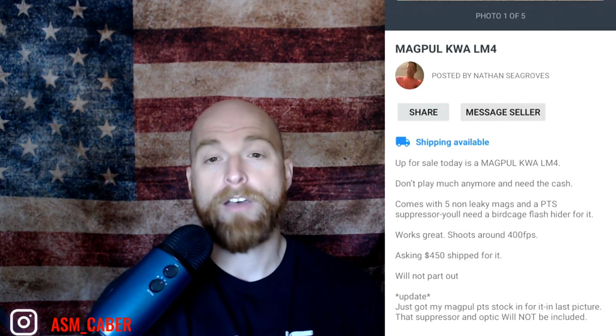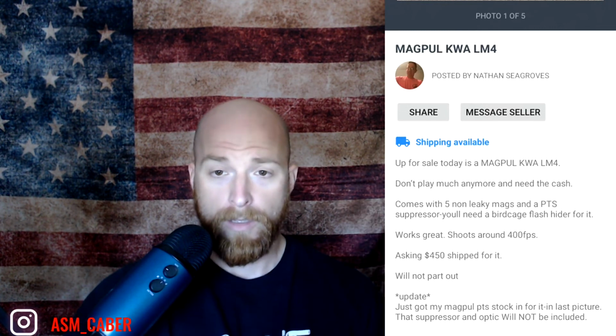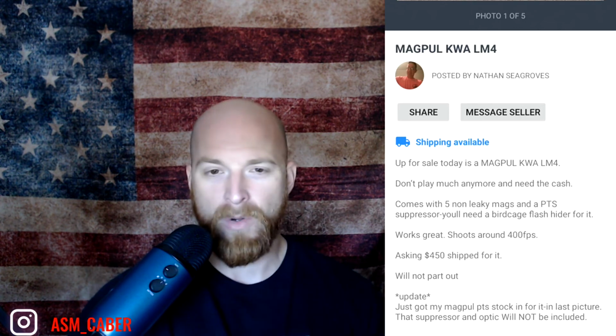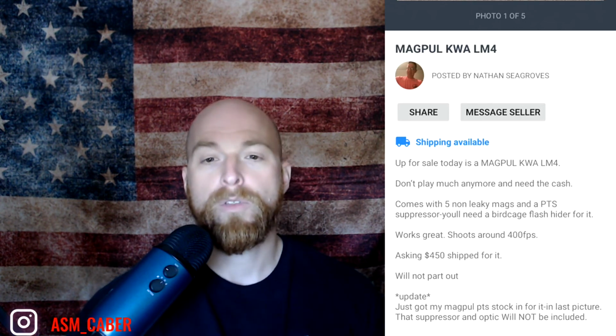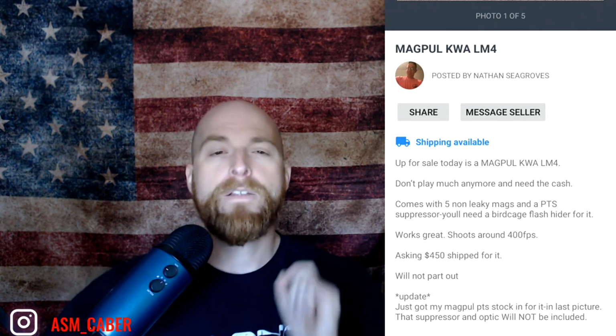Magpul KWA LM4 up for sale. The same thing. Blah blah blah. Don't play much. Need to cash. Telling a story, we don't need that in there. Comes with 5 non-leaky PTS mags. Yada yada yada. Shoots great. Shoots around 400 FPS. That could be good. Here's the only